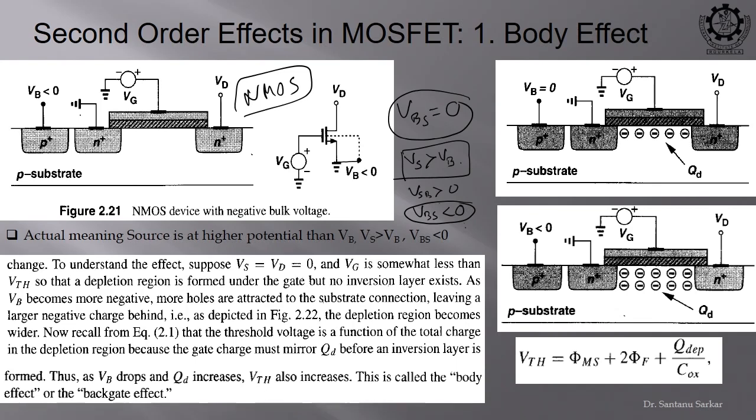Okay. So, this same thing will be modeled like VBS less than 0, the same as it is modeled here by this expression. The source is at ground, but suppose the bulk you are forcefully making to some negative potential, that you can do. So, if you connect this to a negative potential,